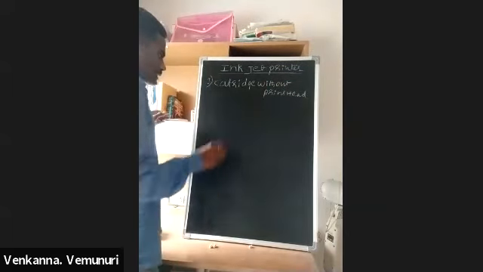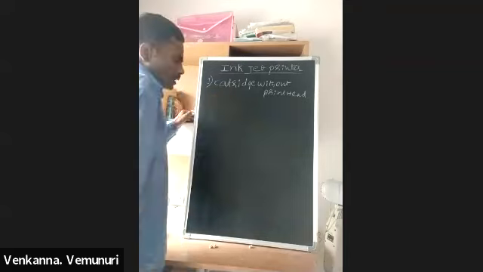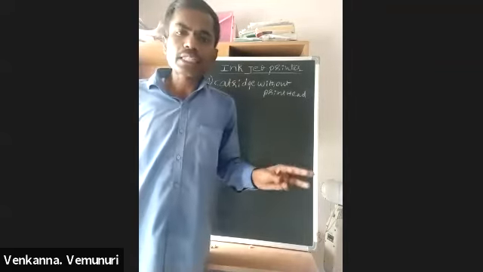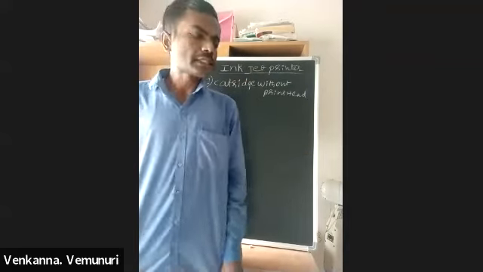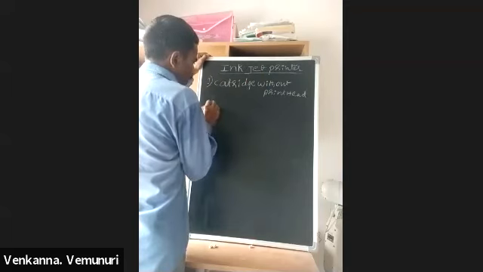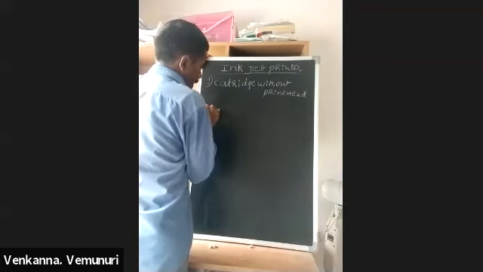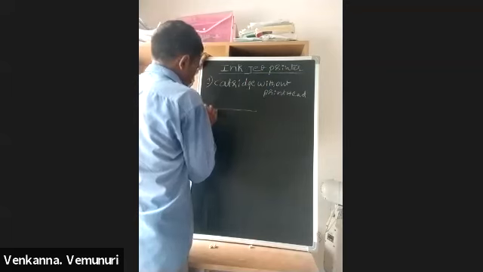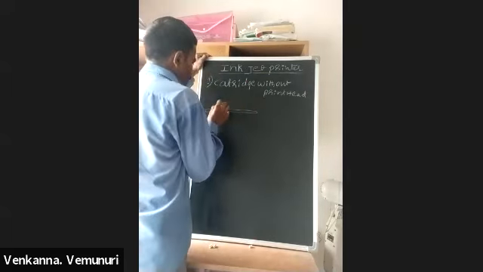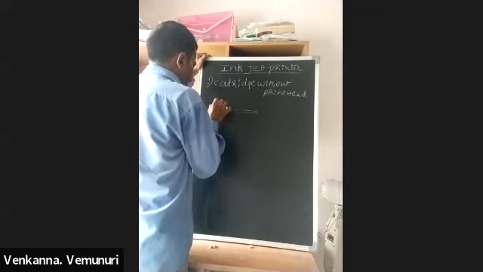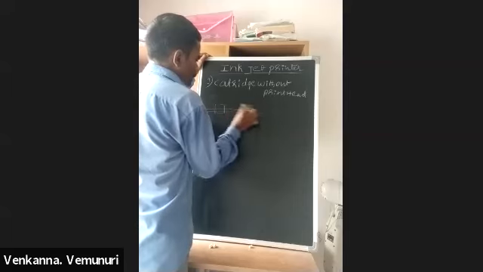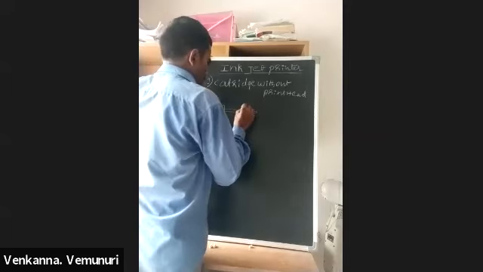Actually, an inkjet printer also has a paper feed section and a carriage section. In this carriage section, the printhead moves freely on the carriage shaft. For example, this is a carriage shaft. On this carriage shaft, there is a carriage holder. On that carriage holder, the printhead moves freely with the help of this carriage shaft.